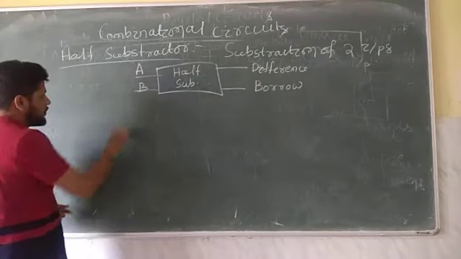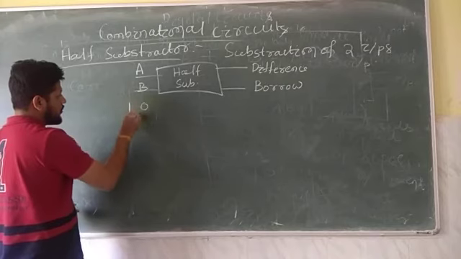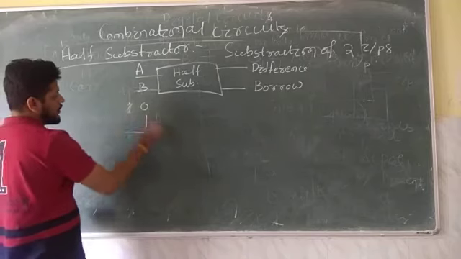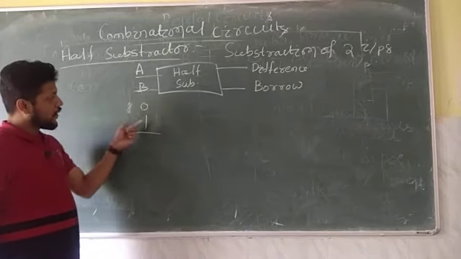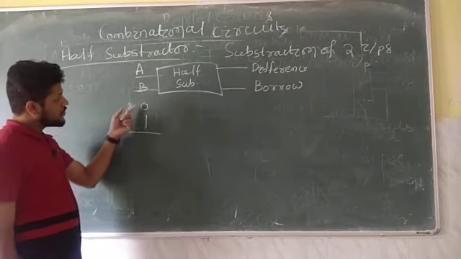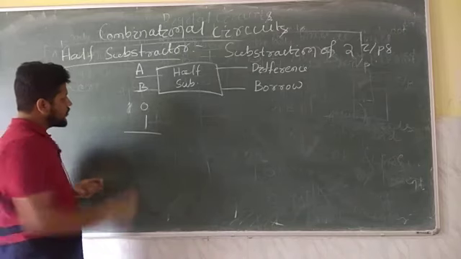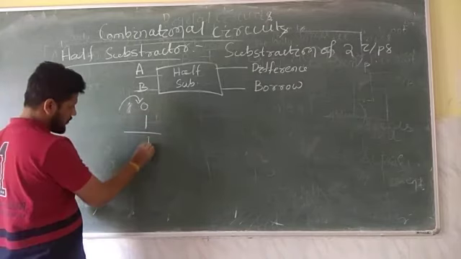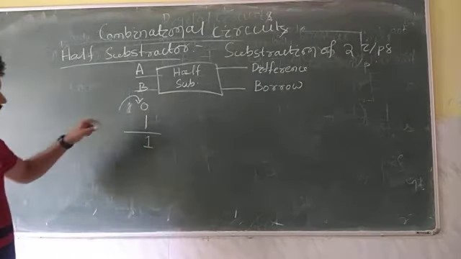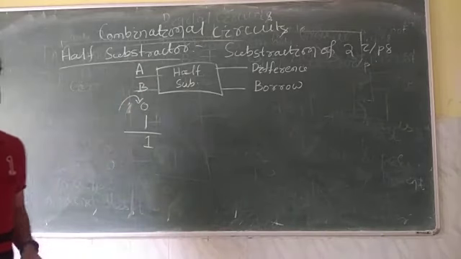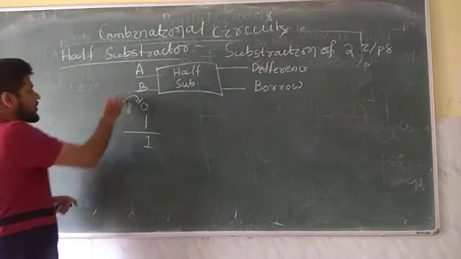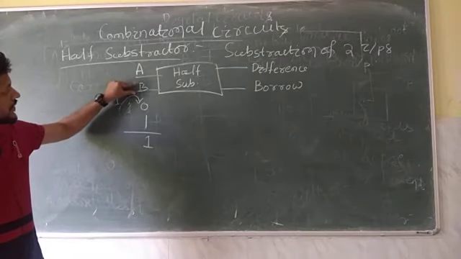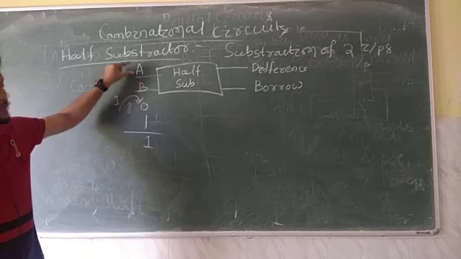So suppose for example we have a combination like 0 1, so how to subtract? Here you need to subtract 1 from 0, so 0 is a lesser number than 1, so you need to take a borrow and that borrow makes it 10, and 10 minus 1 we have 1. So like that we are going to perform it, taking some borrow when the subtracted number is greater.